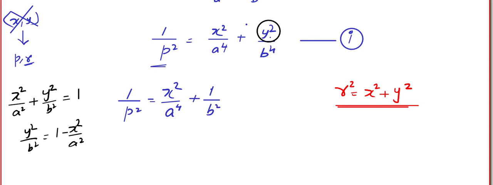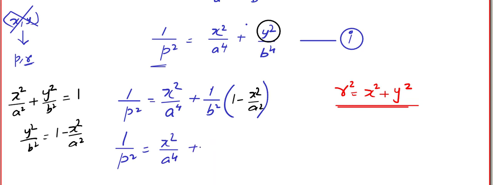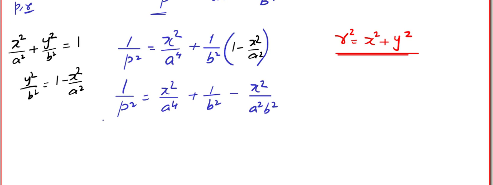Are you able to understand? 1 by b square into y square by b square, so that I can replace it with, what can I do? 1 minus x square by a square. Okay, so that means 1 by p square equal to x square by a power 4 plus 1 by b square minus x square by a square b square. Now let's take that common. 1 by p square equal to